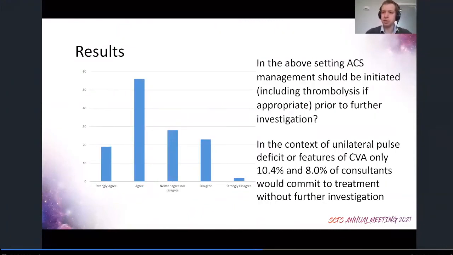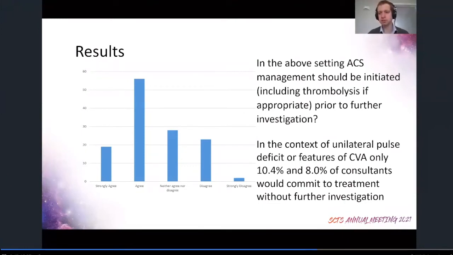And then we went on to ask whether, in the same situation, so that's acute chest pain and ischemic changes on the ECG, respondents felt this was sufficient to initiate management of acute coronary syndrome, including antiplatelets and thrombolytics. And we found that over half, so over 70 of the 132 respondents felt indeed, yes, this was sufficient to initiate the antiplatelet or thrombolytic therapy for the treatment of acute coronary syndrome. And clearly this has the potential to expose patients who have had an aortic dissection not only to delay, but also to potential harm from these agents.